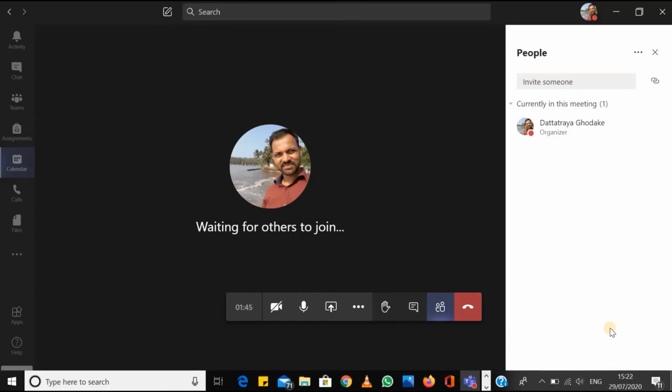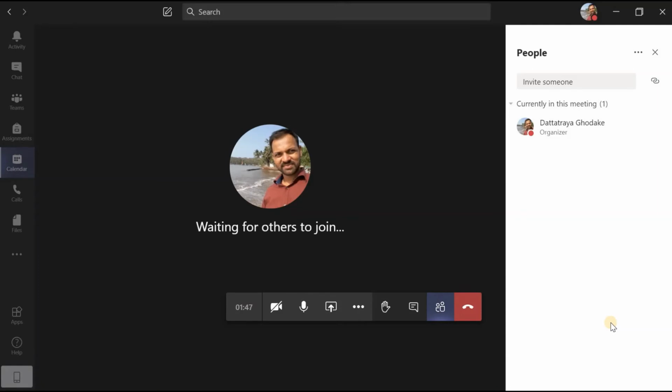If I click on that, one Excel sheet will be opened, and there I will get information about each student, along with his name, at which time he has joined and at which time he has left. Means easily we can have the track record, or in other words we can have better control over the students' attendance.